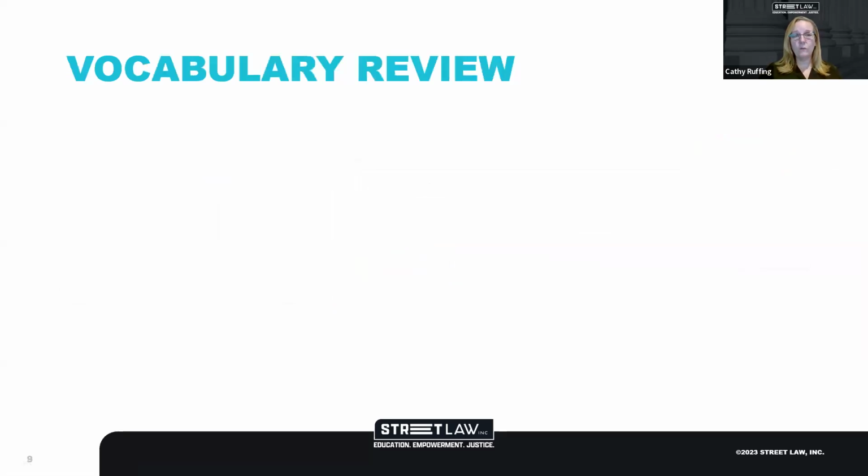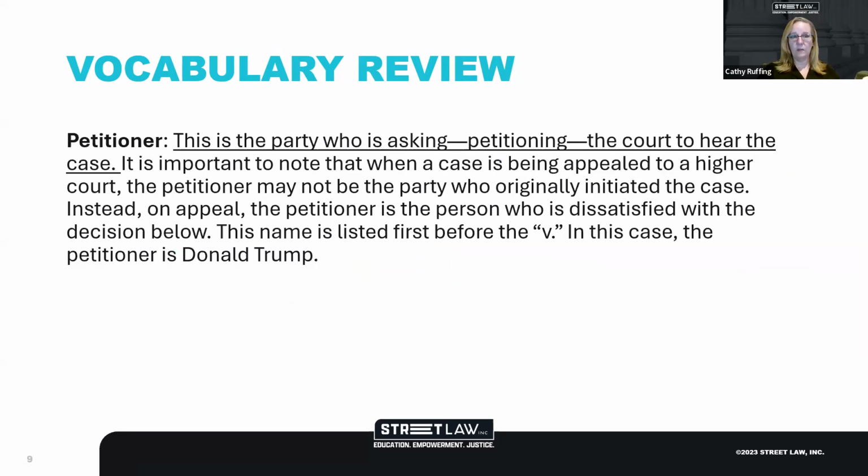Okay, so just to review some vocabulary before we start talking, because likely Gregg and Kim are going to use these terms. And if you're not familiar with them, it's good to know. If you are familiar with them, know that you'll likely have to review them with your students. Maybe they're not common everyday language.